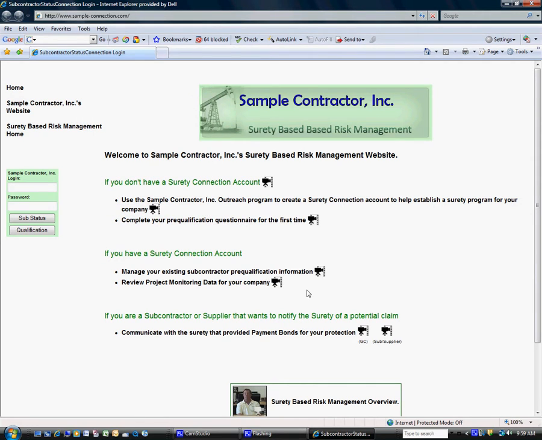1, 2, 3. Welcome to the screen capture portion of surety-based risk management. Here the objective is to show you how we entered the data from your accounting software into Project Status Connection so that it can be forwarded on to the surety, which reviews the data in the program called Project Status